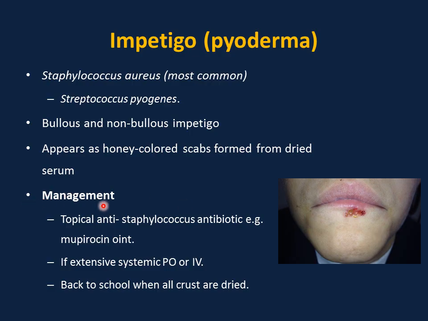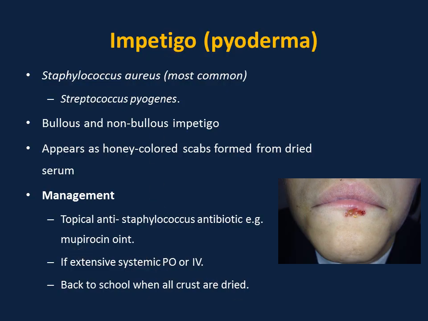The management, very important to know, it is very highly contagious. Managed with topical anti-staphylococcal antibiotic, for example mupirocin ointment, applied until the lesions are all clear. If extensive lesions in many areas, you need to give oral antibiotic or even IV depending how extensive is the lesion. Back to school when all crust are dried to prevent the spread of infection. Very important to know, streptococcal impetigo can be complicated with